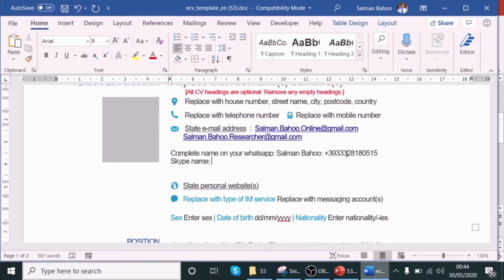because most of the time when we are in a foreign country and applying for a PhD in Italy, most of the interviews, which are a requirement of the PhD, go through Skype. And anyhow, your Skype name is also available on your CV. So remember to always make a Skype name that is complete. You can even use the same email address as the name of Skype. So I can make